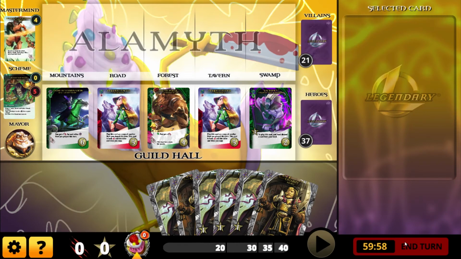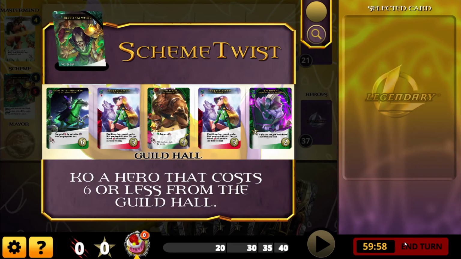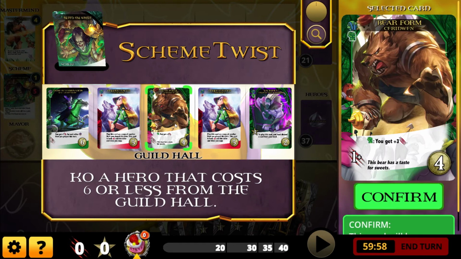So what I would say for strategy, I hate that. That is going to happen to you more often than not. First card out of the gate is a scheme twist. So, oof. Thankfully, I can get rid of Bear Form, which, as you may recall, I hate as a card